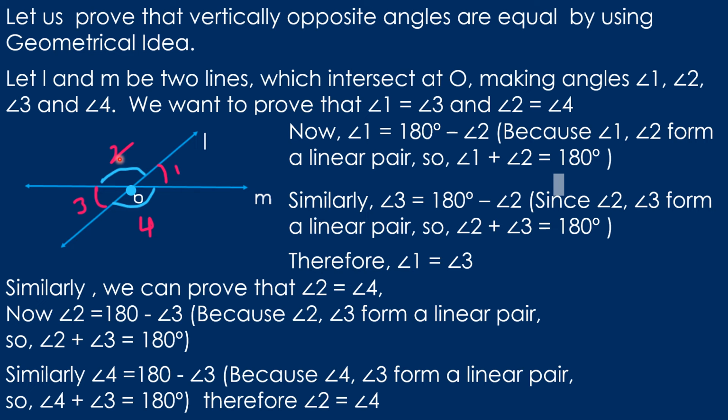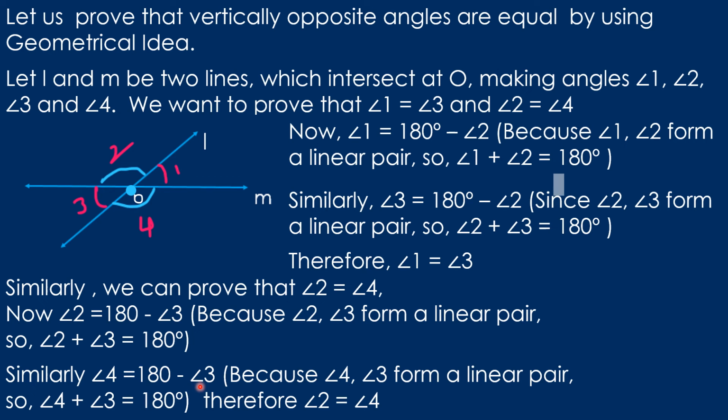Angle 2 will be 180 minus angle 3, because angle 2 and angle 3 form a linear pair and the sum is equal to 180 degrees. That is, angle 2 plus angle 3 is equal to 180 degrees. Therefore, angle 2 will become 180 minus angle 3. Similarly, what is angle 4? Angle 4 is equal to